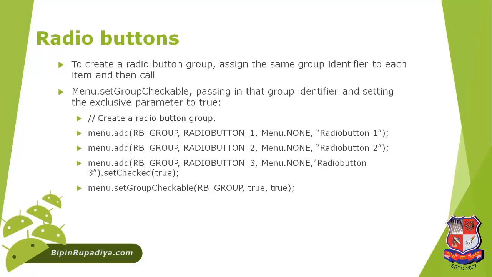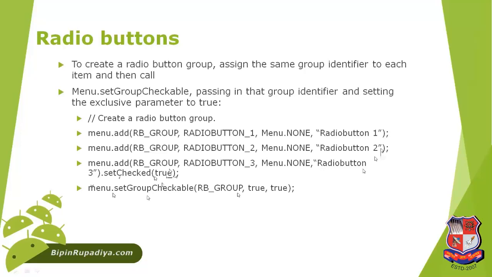Another thing, the IDs for the radio buttons 1, 2 and 3 that we have passed. Order we have not specified, and just see that radio button 1, 2 and the third we have defined. Now within these three items, the third radio button should be checked, so that we have specified. Now another thing, menu.setGroupCheckable with RB group, and we specify the option, whether by default it is true or not, whether the user can check that radio group or not, that we are specifying as the second parameter.